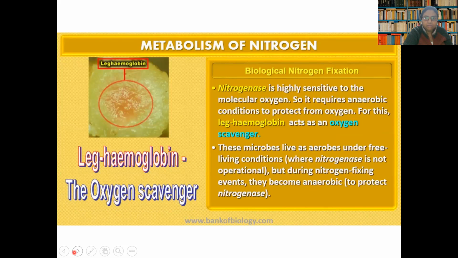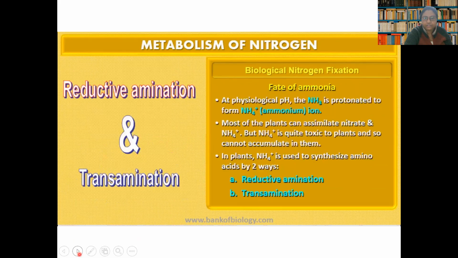Now, the problem is that nitrogenase is highly sensitive to molecular oxygen, and plants stay in aerobic conditions only. So if there is oxygen in the vicinity of these root nodules, nitrogenase cannot work. So the role of leghemoglobin is to absorb oxygen and provide the nitrogenase an anaerobic condition under which it can work properly. This is the role of leghemoglobin. It is acting as a